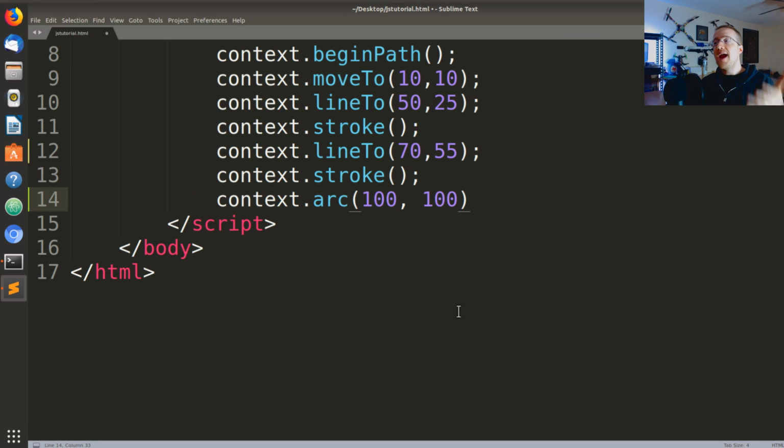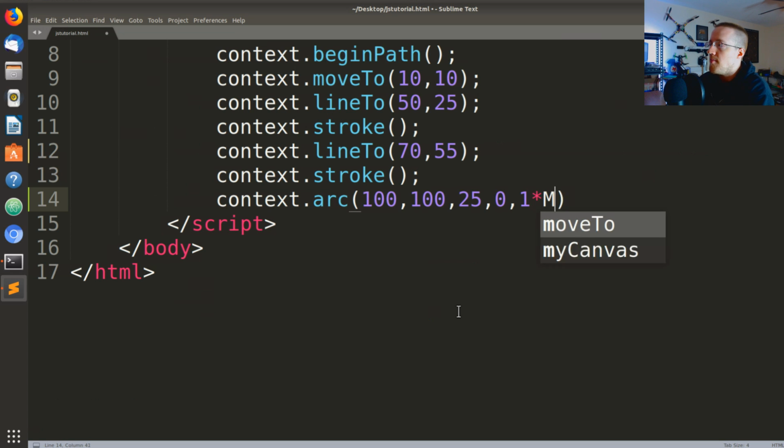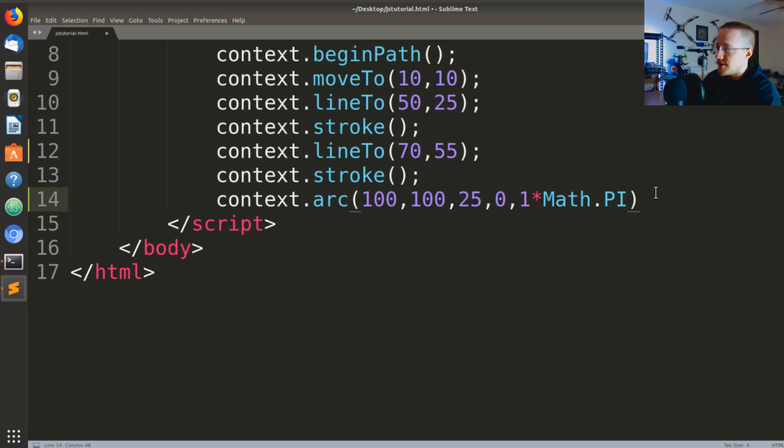Now with arc, you don't have to draw a circle. Arc is here for any time you want a curved line, right? You might want to continue the curve all the way to make a circle, but you also just might want a curved line. So that's what arc solves, all those things in one fell swoop. So you would say, what's the location, the x and y, 100, 100. And then the next thing that we would pass here is the size. And then you've got the starting angle and the ending angle. So we're going to say 0, and then you think of this in terms of pi. So 1 times Math.PI is going to be half of a circle. So let me just add a